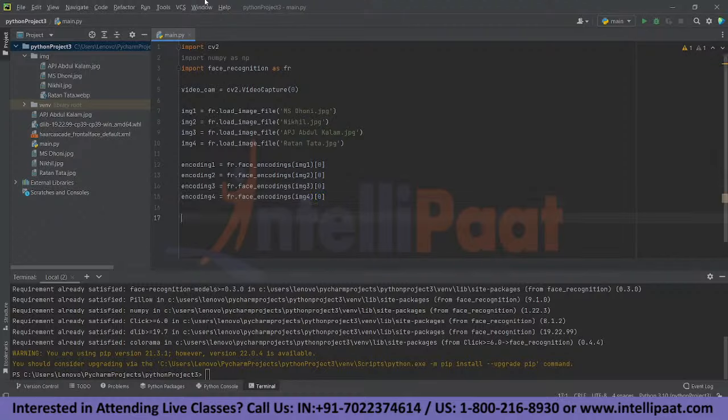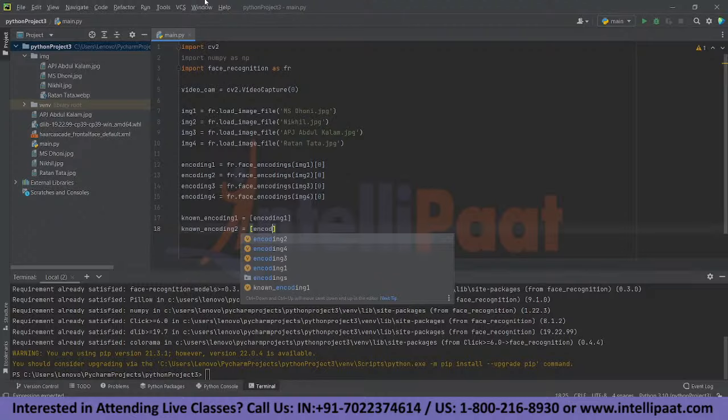So after calling the encoding function, now we have to compare all the encoded values to see whether they match with the stored images or not. For that, at first I will assign a variable known as known encoding. This known encoding variable will contain all the encoded values of only the images that are saved in my project file, so that it can match or compare with all the images that it will get through my webcam. So I have assigned a variable known as known encoding 1, and it will store all the values of encoding 1. Same as the first one, now known encoding 2,